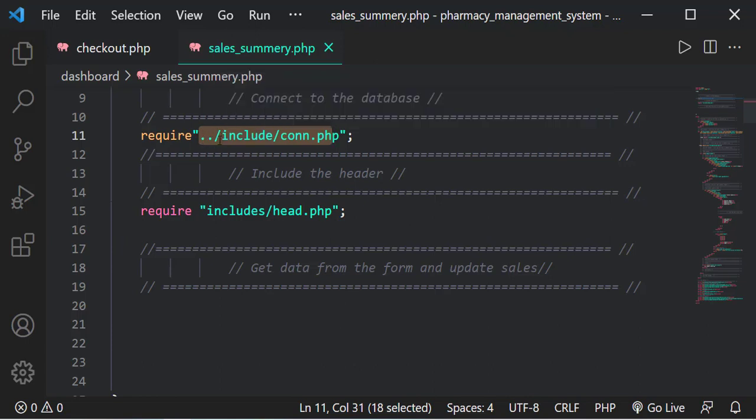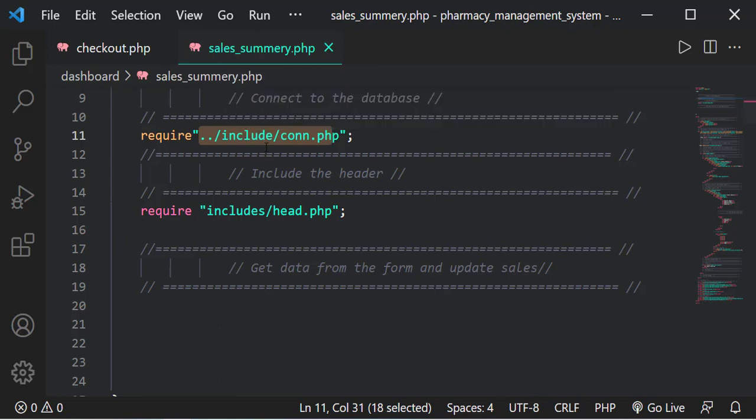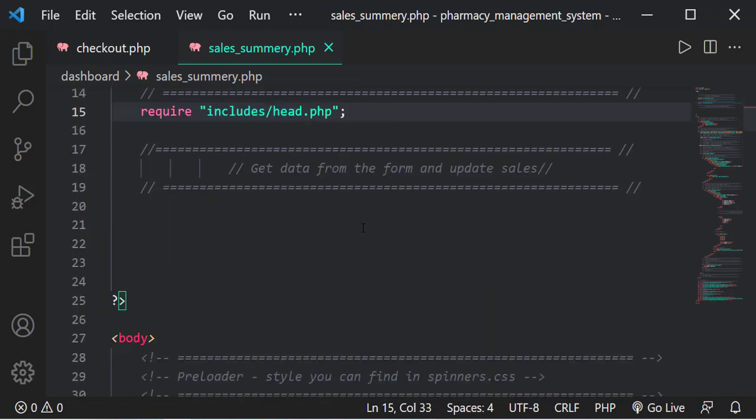That's why I have the ../ so I get out of the includes, and then I'll be able to get into the includes folder and get the account.php. Alright, so if that is working fine, then we can now insert this data into the database,